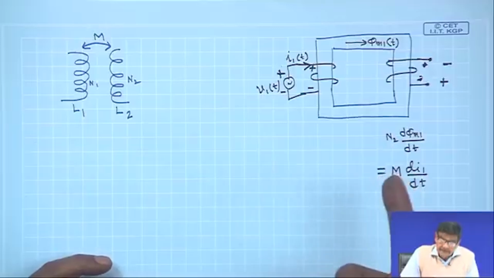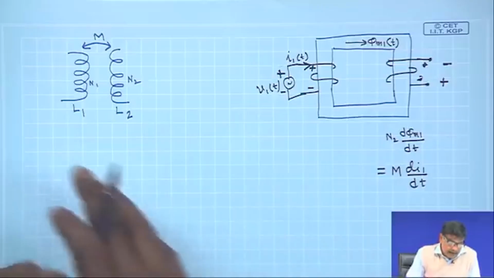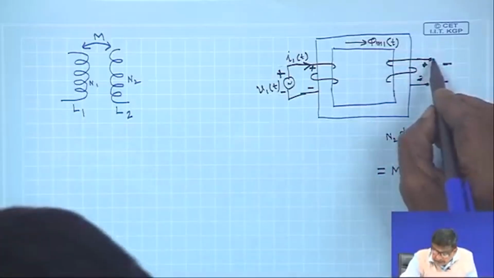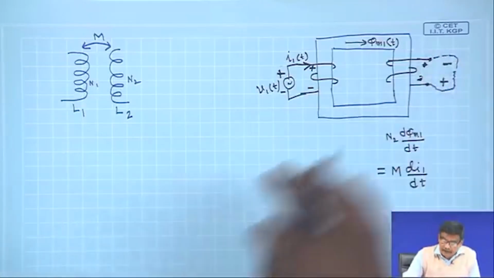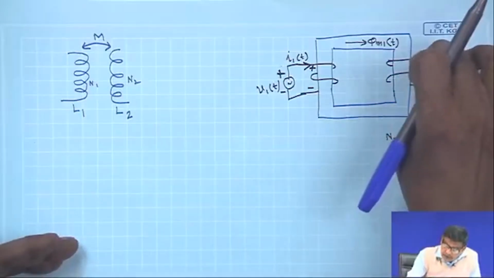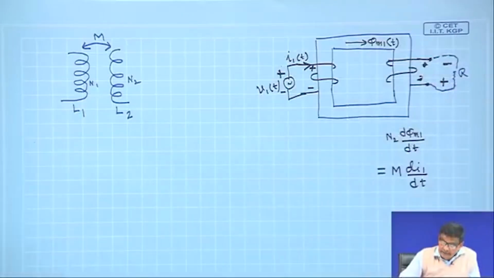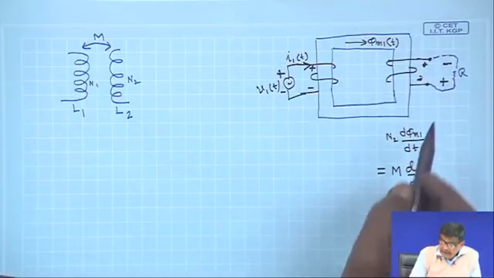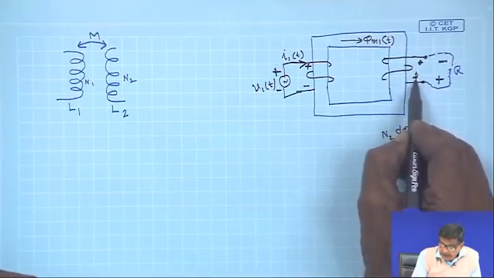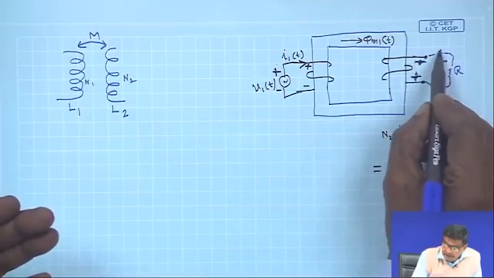Now, if this is correct, then what is going to happen? Imagine that the secondary circuit is connected with some resistance like that, loaded. If this is the voltage applied across, say, a load connected here, then what will be the direction of the current in R at that instant? This has become a source of voltage with this plus, this minus. So, current here has to be like this